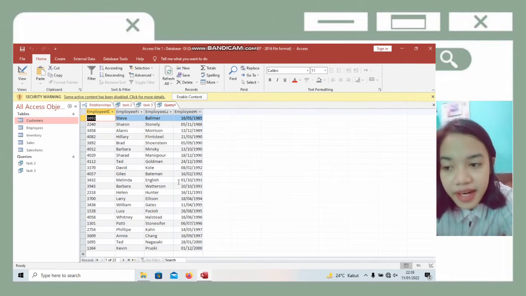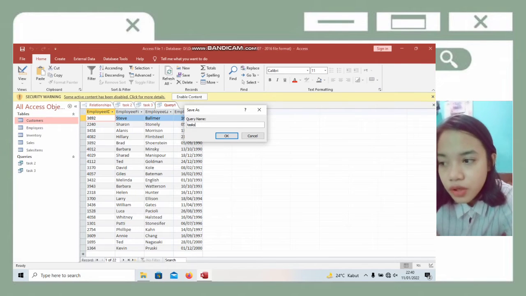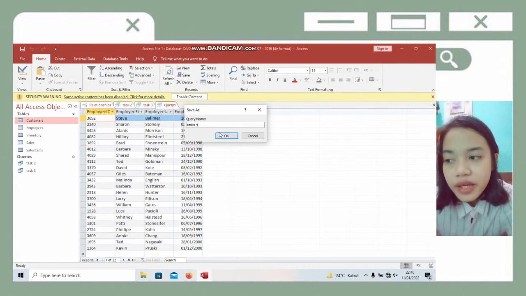Then there are the names of the first 3 employees hired by the company: Steve Ballmer, Sharon Stonley, and Alanis Morrison. And don't forget to save the query and type the name, Task 4, and then click OK.